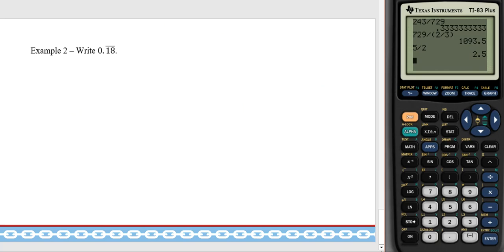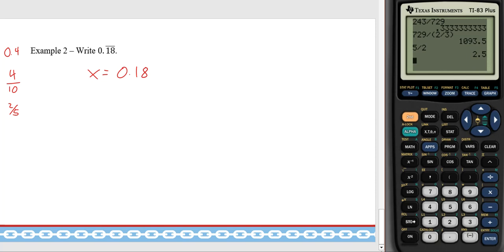The other thing I wanted to talk about on today's lesson is rewriting repeating decimals as a fraction. And if you're into math, there's some neat algebra we can do to change any repeating decimal into a fraction. So if I had a simple decimal like 0.4, I know with place value that becomes 4/10. I can then reduce that into 2/5. With the repeating decimal, I don't have that ability. But what I can do is use some algebra